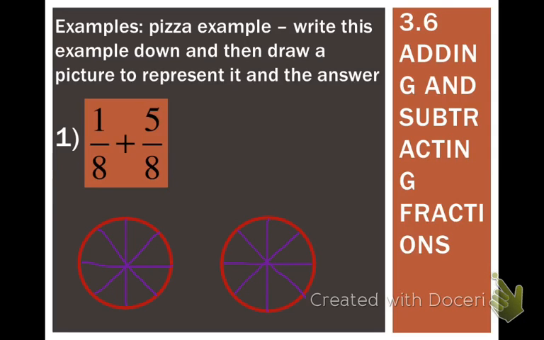Okay, so each pizza is broken up into eighths. And this first one says I have 1/8, so just one of those. And the second fraction says I have 1, 2, 3, 4, 5/8. Okay, so this one's pretty easy to see. If I move this one over to here,